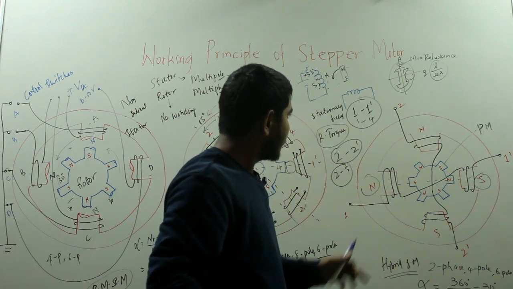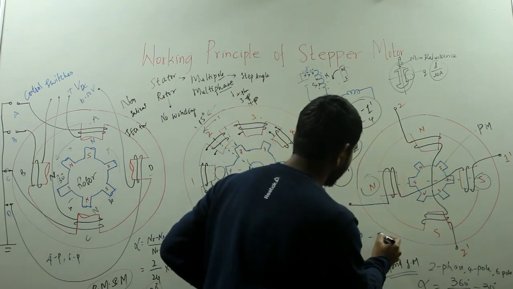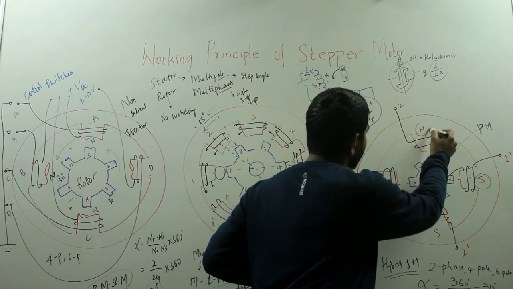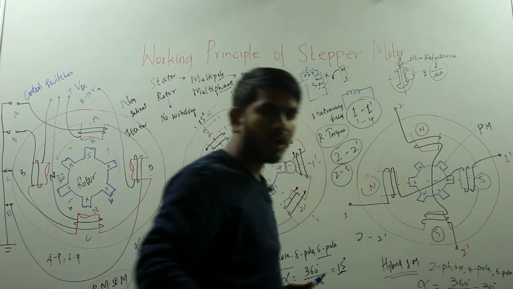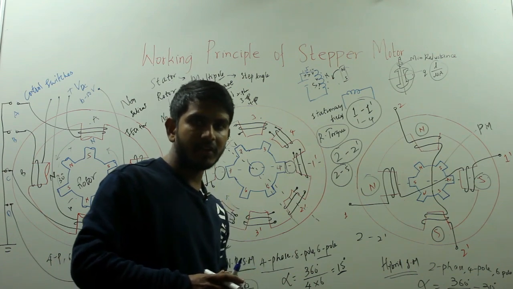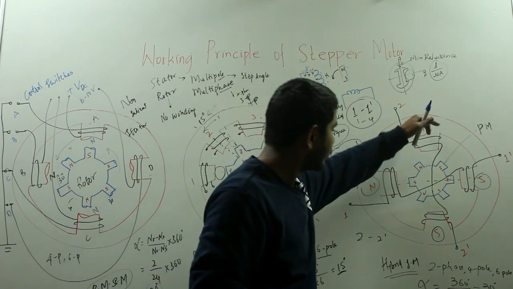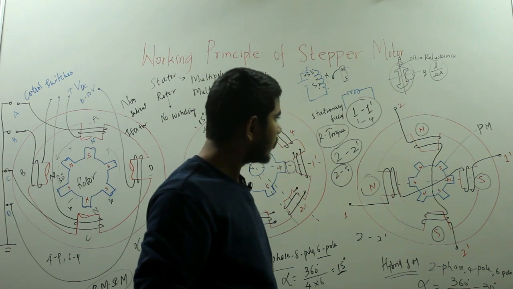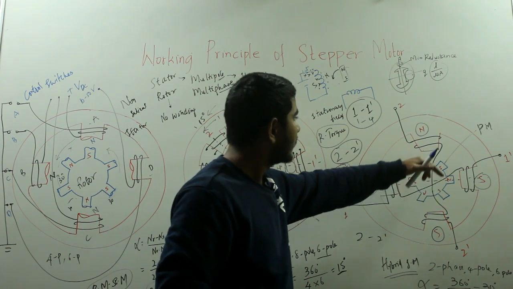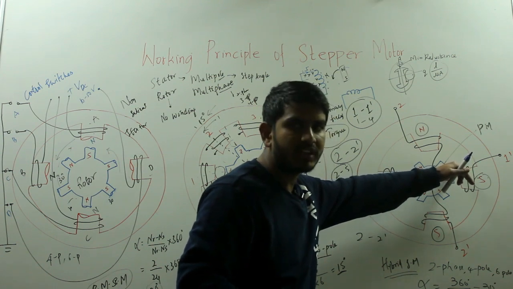Now here if you excite the phases 2 2 dash, this will behave as the north pole and this will behave as a south pole. So at a time only one phase is excited. Remember this, at a time only one phase or one pole winding is excited. So here 2 2 dash is excited, and now the rotor will move in such a manner where the north pole gets attracted to the south pole and the south pole of the rotor will get aligned with the north